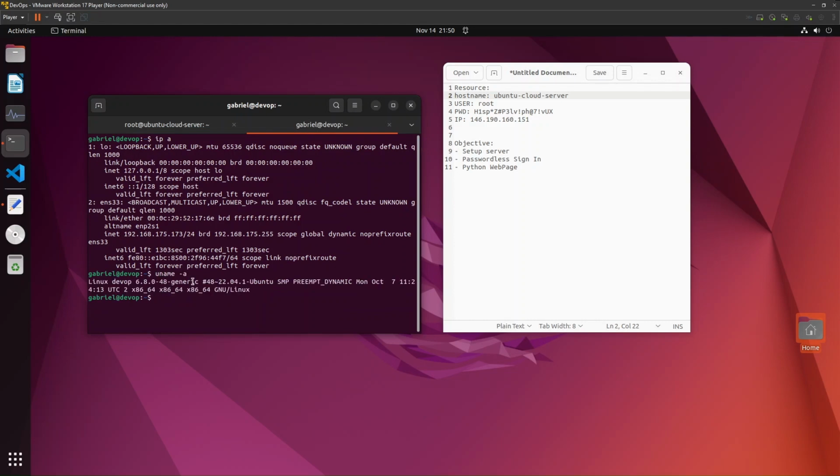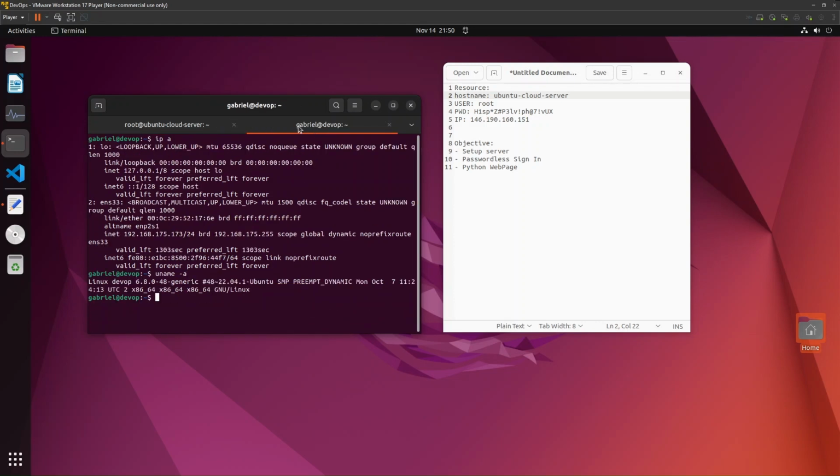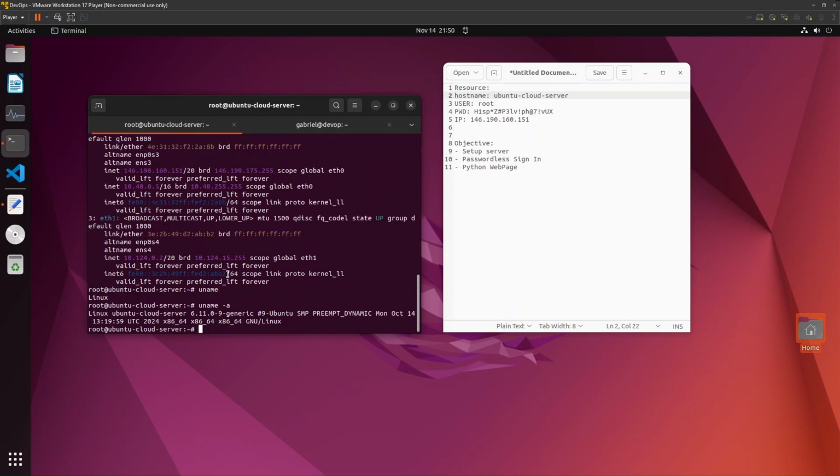Okay. So the idea here is that we're going to be able to set this up so that we're working off the client machine, and then we're going to be connecting to our cloud machine. So right now we're on the cloud, all right? So this here, when we see this, is going to be our cloud server. And the first thing we have to do, now that we're SSH'd and